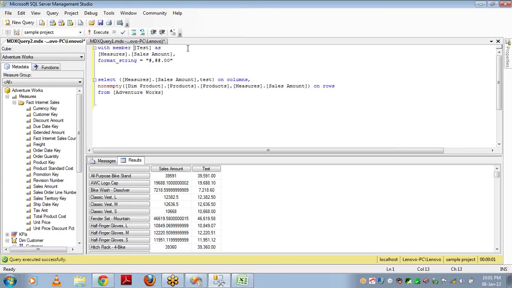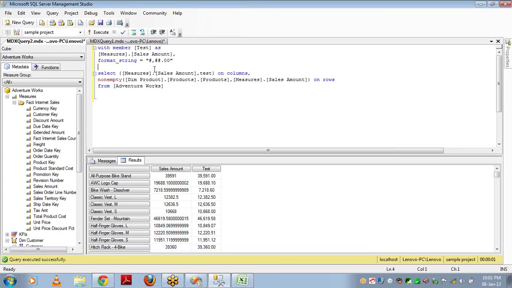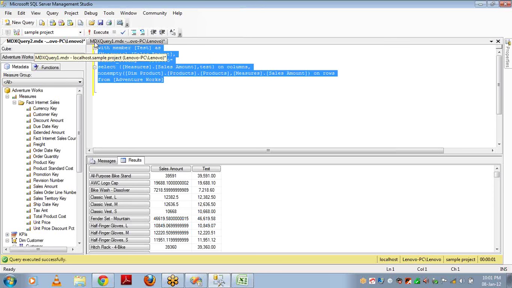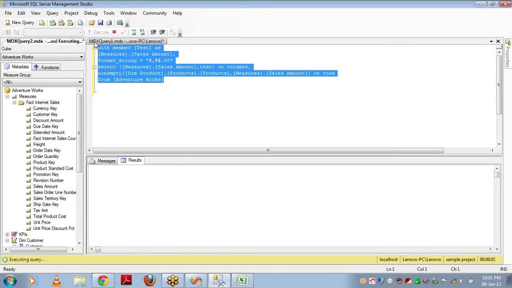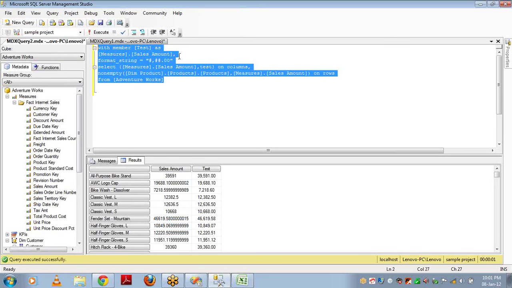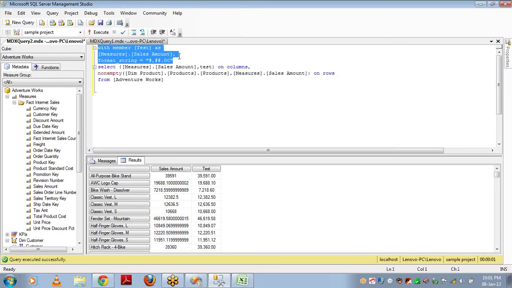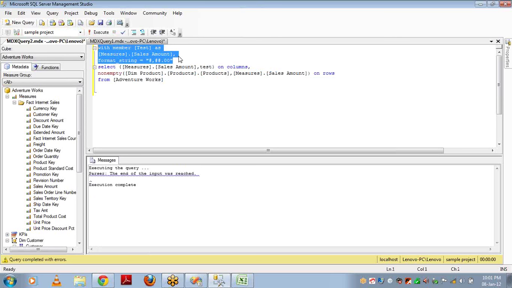When you use with, it should always be run with the statement. The complete statement, the with clause and the statement, should run at the same time, like this. If I run this one alone, it is not going to give me any value. It throws an error saying that the end of input was reached.